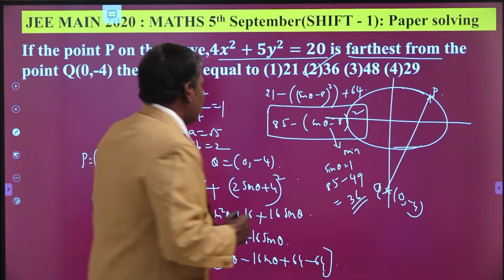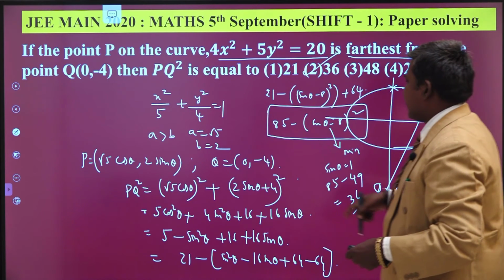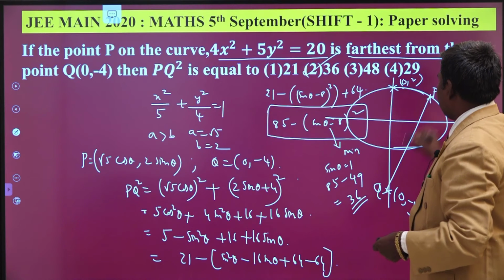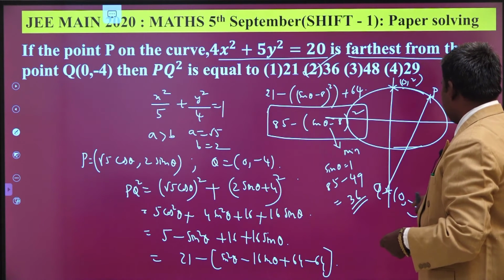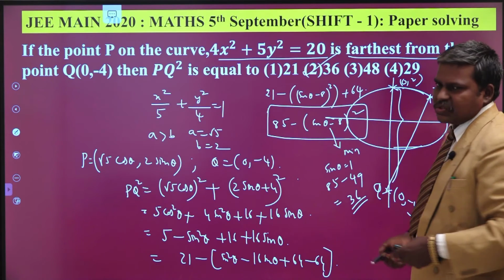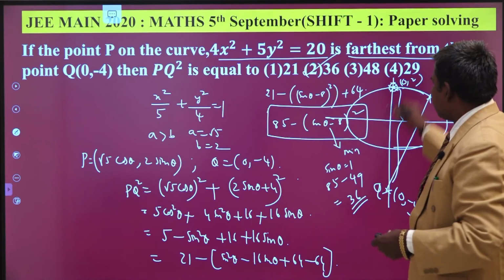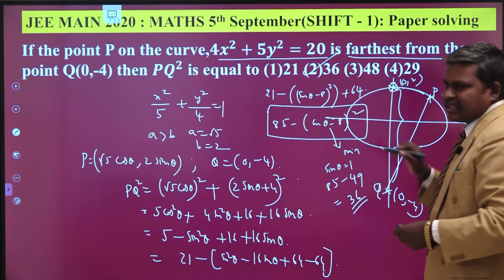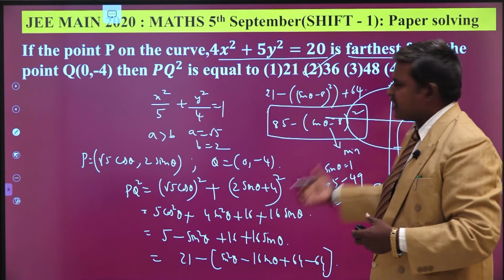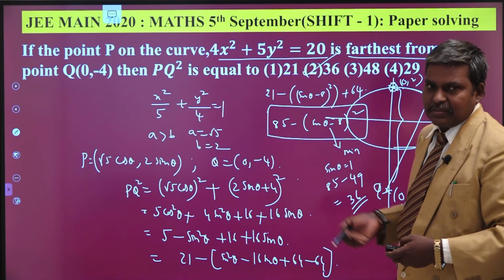See here, what are the coordinates of this end? These are nothing but (0, 2). Am I correct or not? Minor end. So what is the distance from here to here? 6 units. The distance from here to here is 6 units. 6 square is 36. So this is the maximum distance point on the ellipse by looking at the diagram itself. Sometimes we have to do it in this manner. For this problem, the distance is itself 6 here. 6 square is nothing but 36 here.